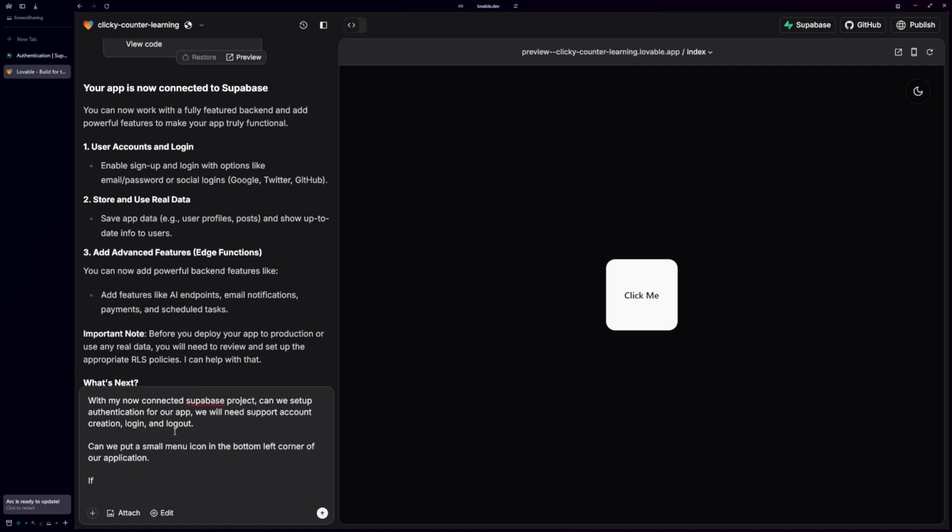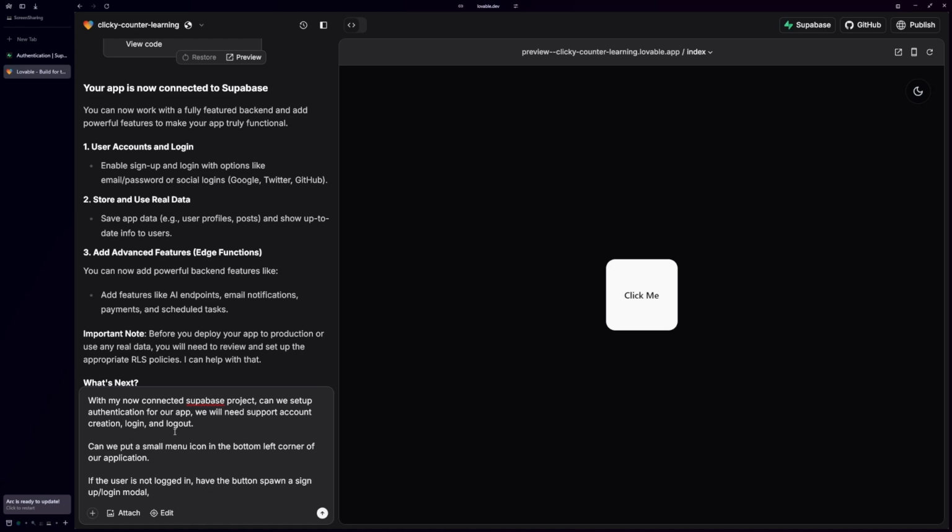I'm just going to retype it. If the user is not logged in, have the button spawn a sign up / login modal, much like our, well, we don't even need to give it that instruction there, but